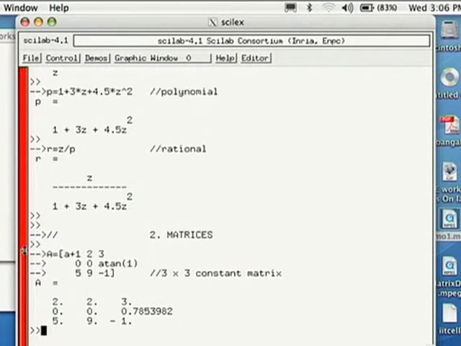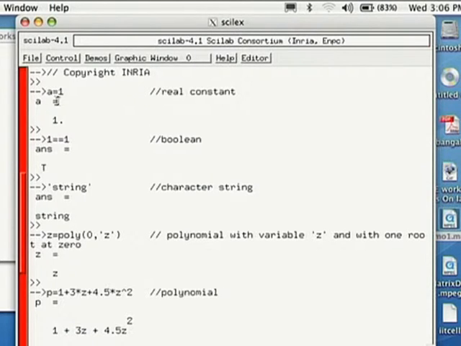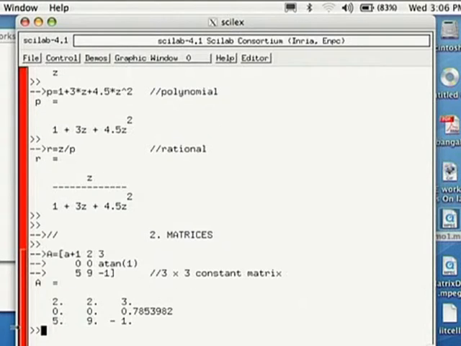Another example, matrices. Define capital A to be, recall we defined the small a like this here. It's case sensitive, uppercase, lowercase. Let's just go up and see. We defined a to be 1 here, right? So this capital A is small a plus 1, that is 1 plus 1, 2.